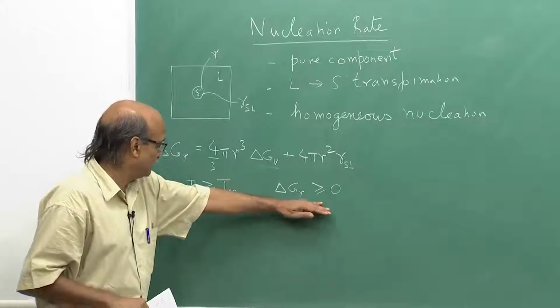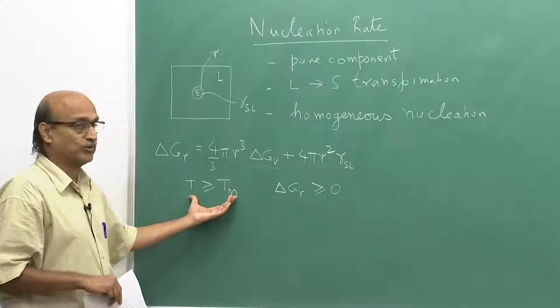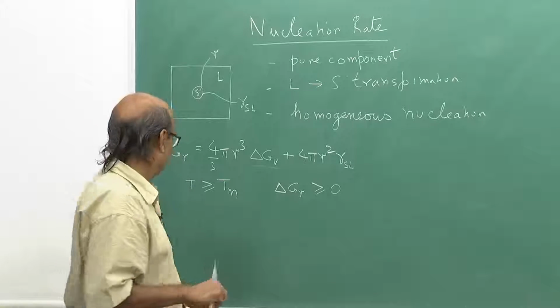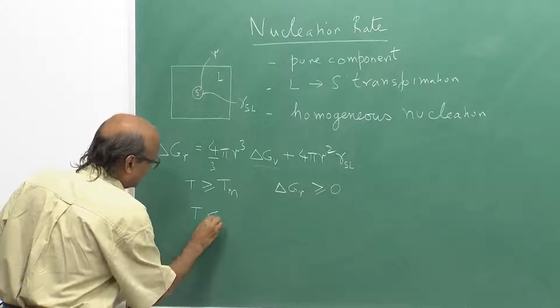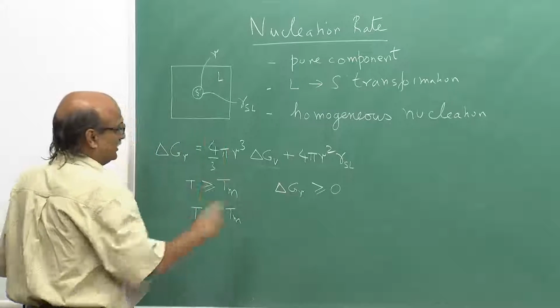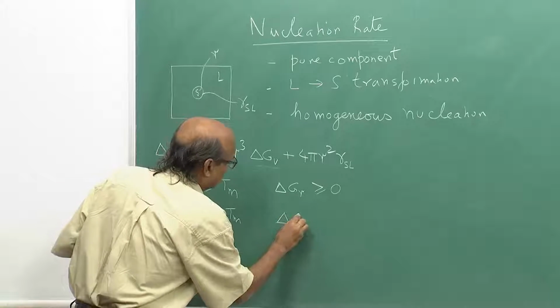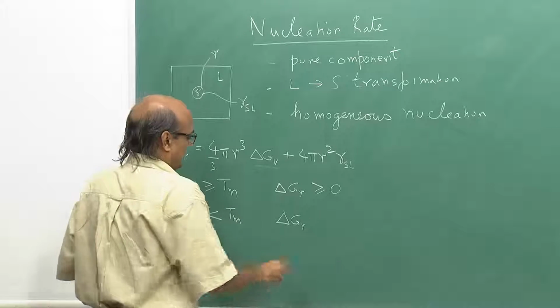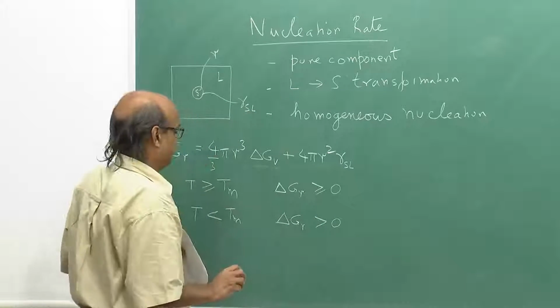In fact, it will be equal to 0 only when the temperature is equal to Tm, the transformation temperature, while for temperatures less than the transformation temperature, so T less than Tm, delta Gr would be greater than 0